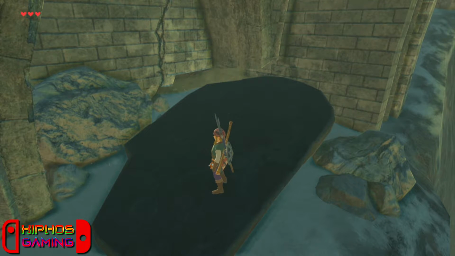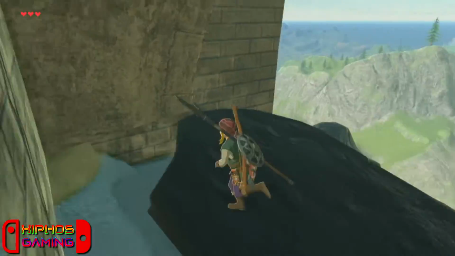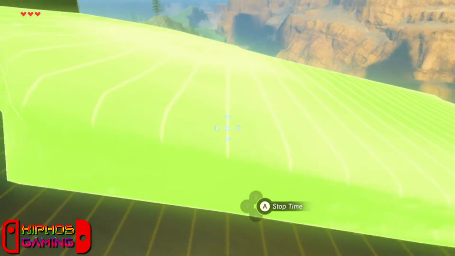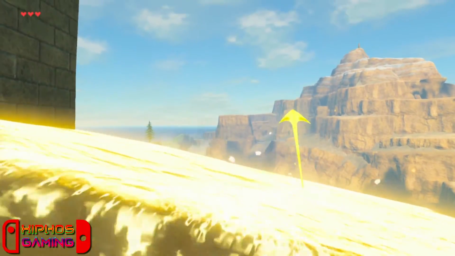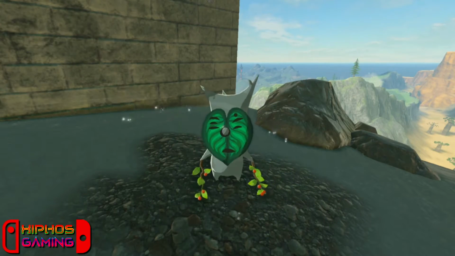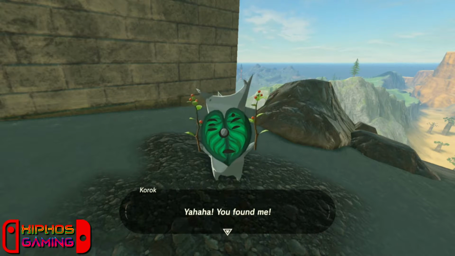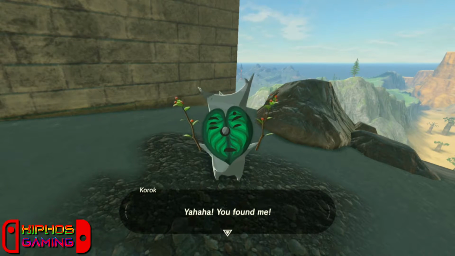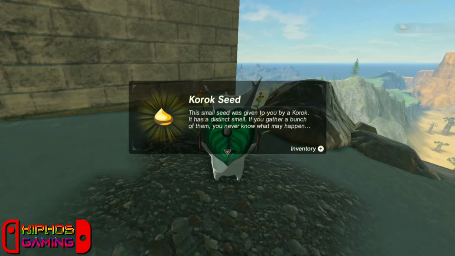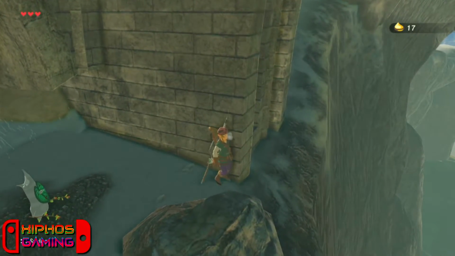So the next Korok puzzle, or hiding location as this one most likely is: when you see these big silver slate things, not even silver, use Stasis, knock them away, lift up the rock, and Korok. Now, it's not always going to be a Korok underneath these, sometimes you'll find chests, but always lift up every rock you find, because chances are there's going to be a Korok under it, like the one that is...